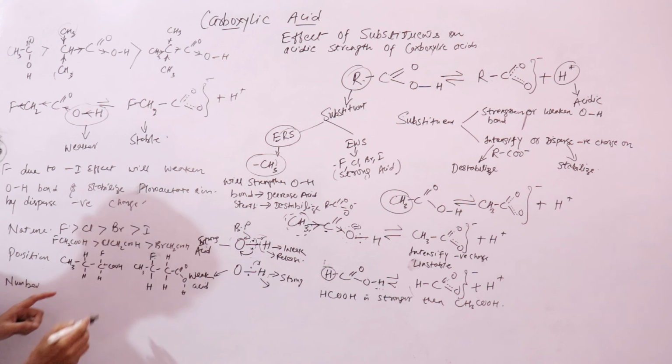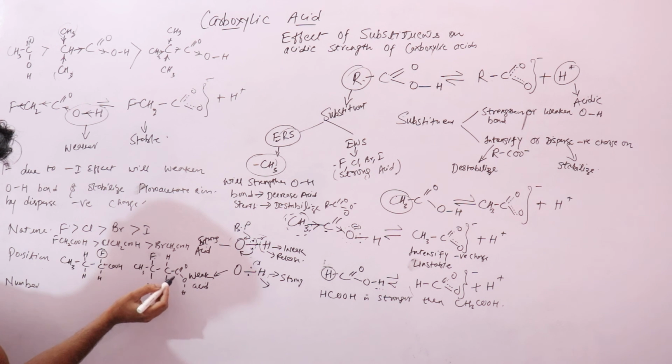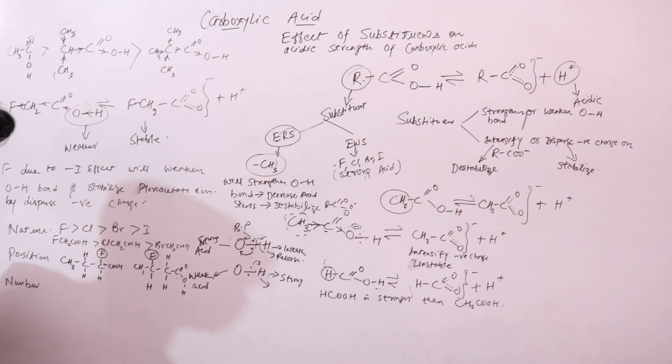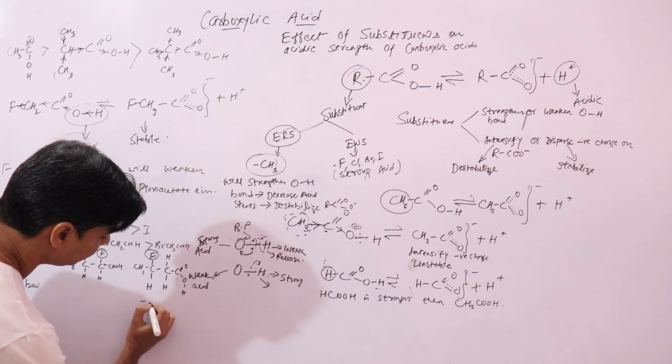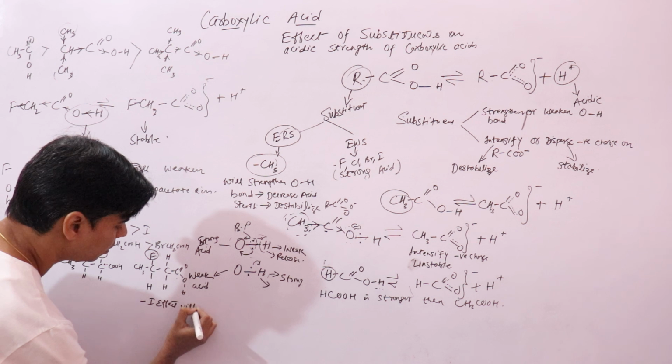You just notice one thing here, the position of the fluorine atom has changed. Here the fluorine atom is close to the carbon, right? Here the fluorine atom is away from this carbon. So when the fluorine atom is away from carbon, the minus I effect will decrease,